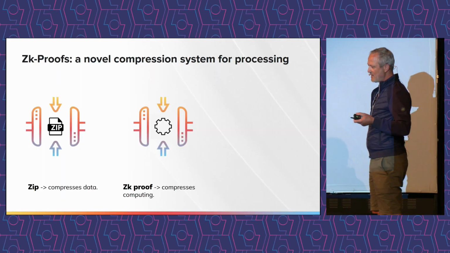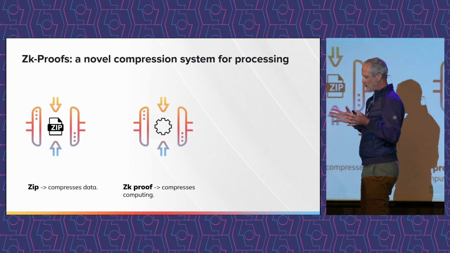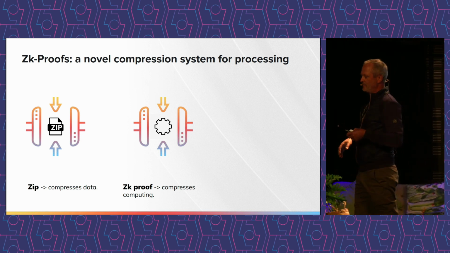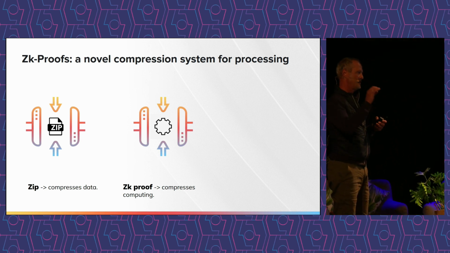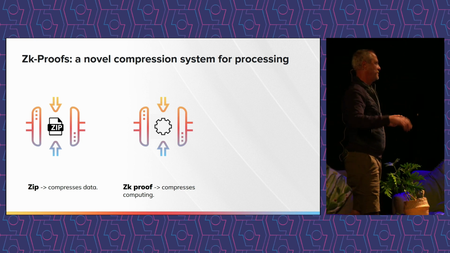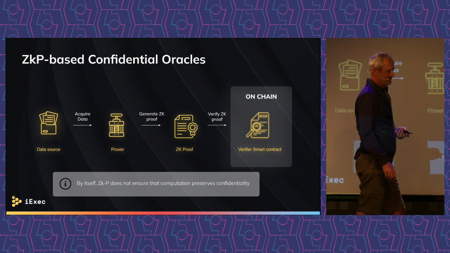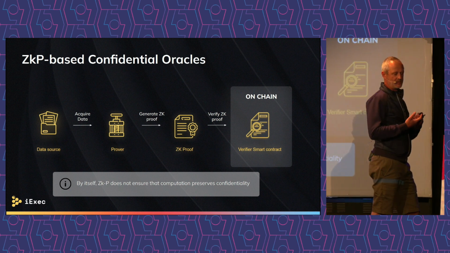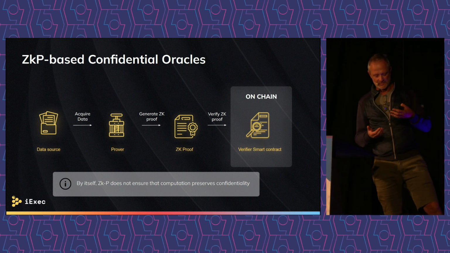So ZK, in one word, is a way to compress computation. We can make a parallel with compressing files. ZK is a way to compress computation and give a very small result somewhere that can prove that the computation has been done. So off-chain, ZK permits processing some data. And after, when the processing is done,